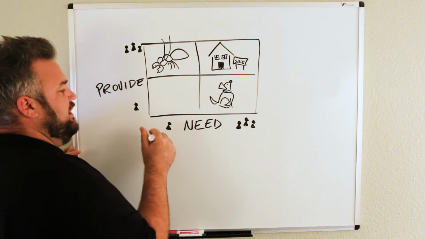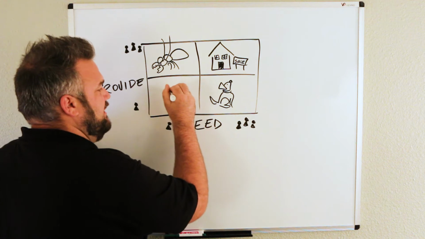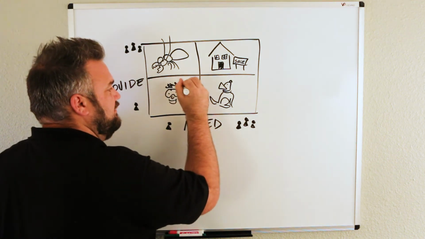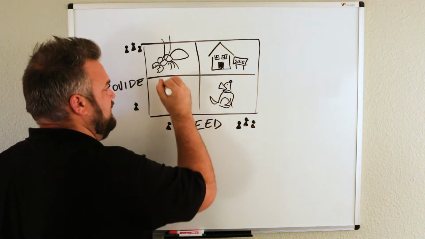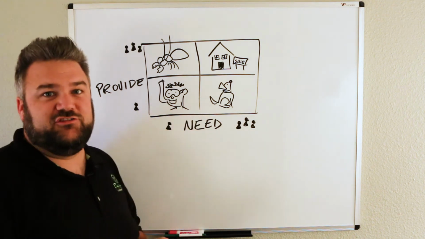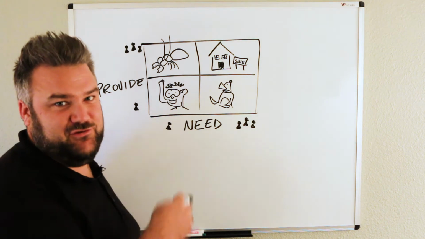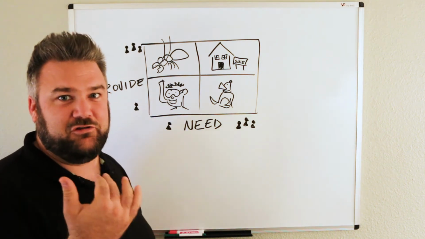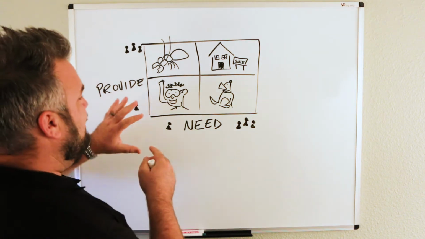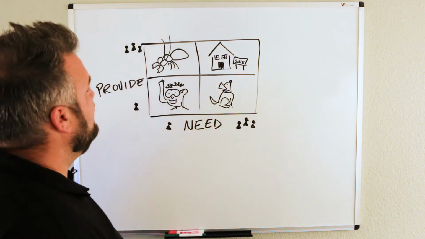And then the last category here is very specialized. Not a lot of people provide it, not a lot of people need it. This would be like a scuba instructor. So not tons of people need that service, and not a lot of people out there that provide it. Also like a unicorn catcher. If you know someone that knows how to catch unicorns, it's really hard to find the person that needs to buy the unicorn. But if you have a unicorn, bring it forth so we may study it.